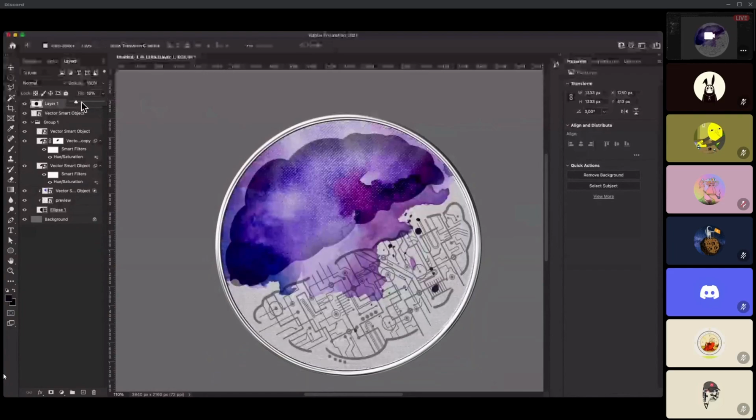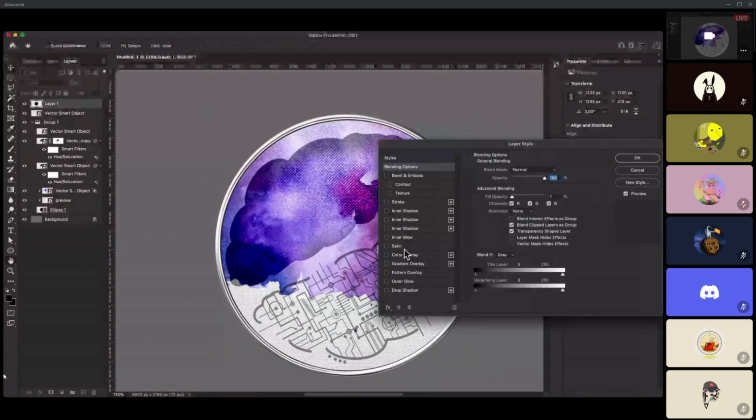What's the point with fill? Because I can still add effects to this layer while the layer itself is completely transparent. So check this out.